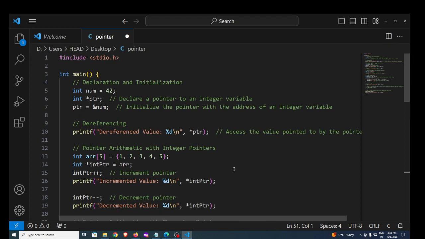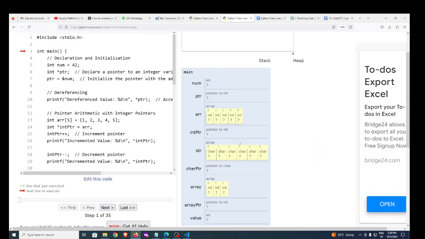Okay friends, today we are going to learn the basics of pointers. This is Visual Studio Code. You can download the software: just type VS Code in Google, download and install it, create a new file with extension .c, and copy and paste the code. So here this is VS Code, and to understand this code properly,